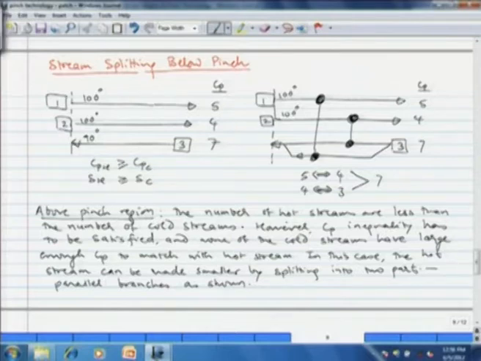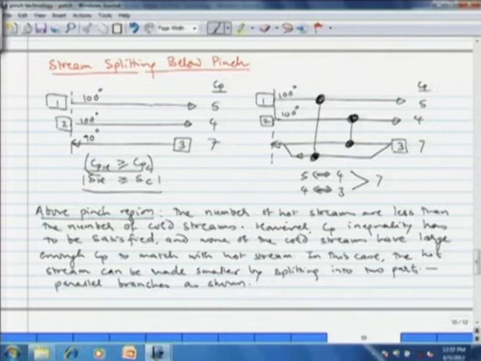So as far as only the stream population constraint Sh greater or equal to Sc is concerned, this situation is okay. However, we have a problem of Cp inequality. The cold stream has a Cp of 7 and the 2 hot streams have Cp of 5 and 4. Now none of the hot streams has Cp high enough to be matched with the cold stream, because we have a Cp constraint that Cph should be greater or equal to Cpc.